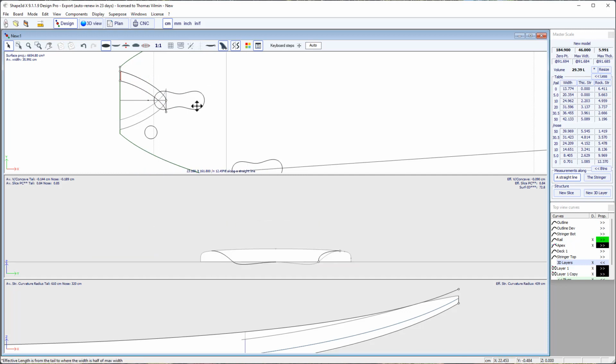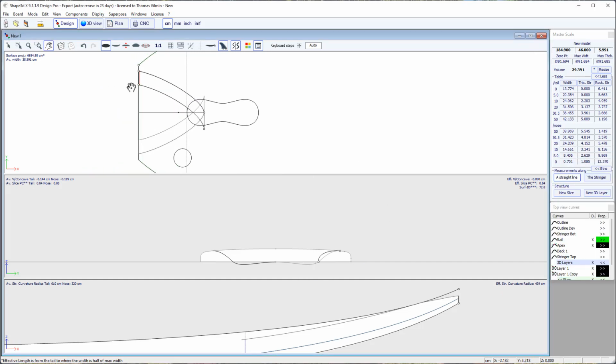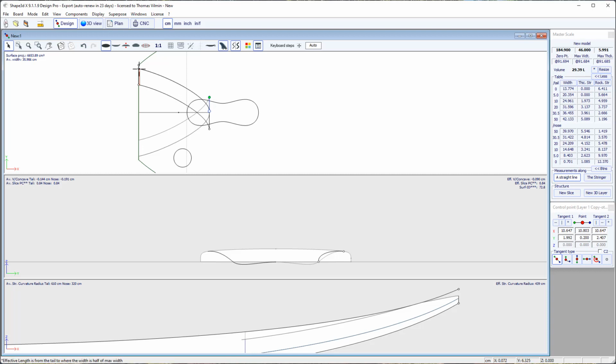So if I want to design a real big nose, what I can do is use the smooth edge option for the outer side, and then let's design it like this, so that the outer side of the swallowtail,